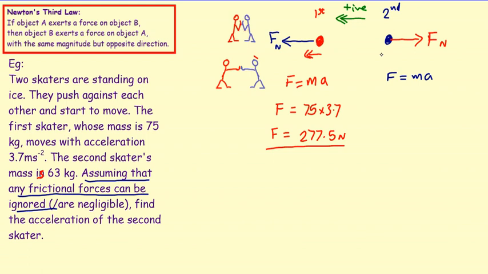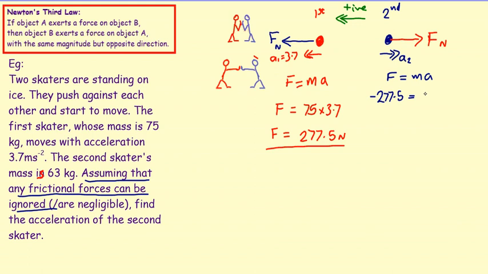Now, since the second skater is moving in that direction, with some unknown acceleration, we'll call it A2. Acceleration 1 equals 3.7. This is now going to be negative because positive is towards the left, and this is now towards the right. So that's going to be a negative acceleration. That's what we're expecting to come out at the end. But also the force. Here, the force was positive 277.5. Here, it's the same magnitude but opposite direction. So I'm going to label this as negative